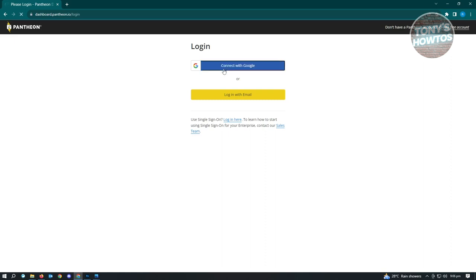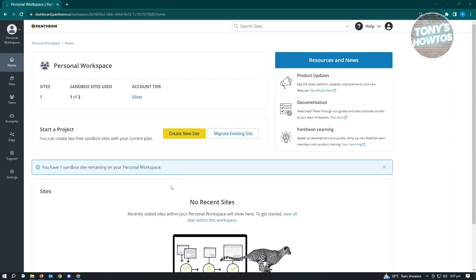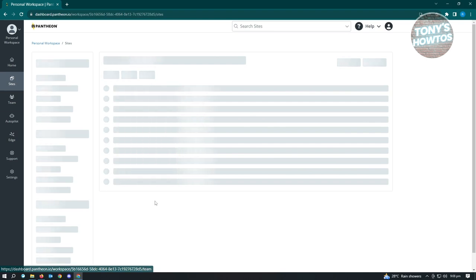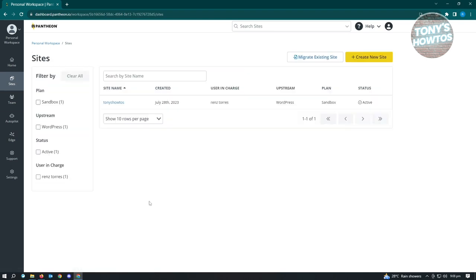Now, once you've connected your account with Google and Pantheon, the first thing that you want to do is go to the section that creates a website. So in here, you want to go to the section of sites in the left section of your screen, and from here you'll be able to see all of the sites. If you don't have a site yet, it's going to be empty here. To start creating your site, just click on the top right of the screen that says create new